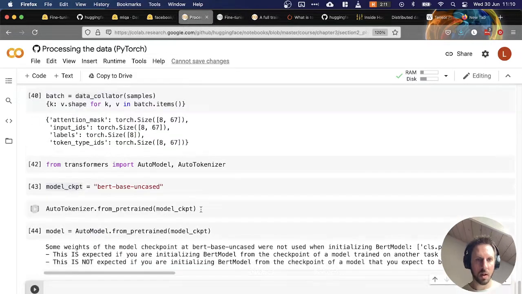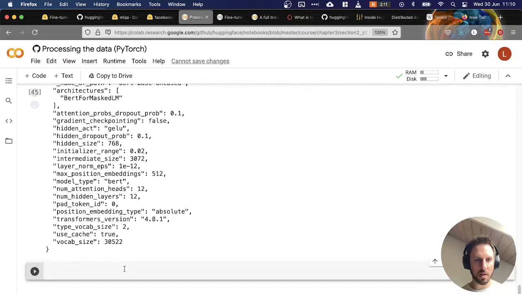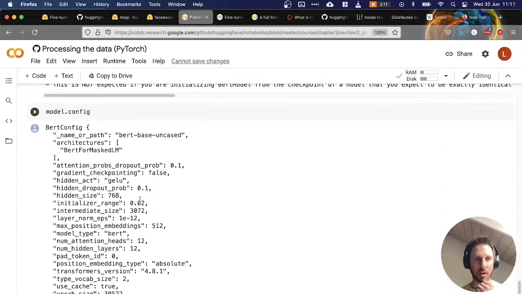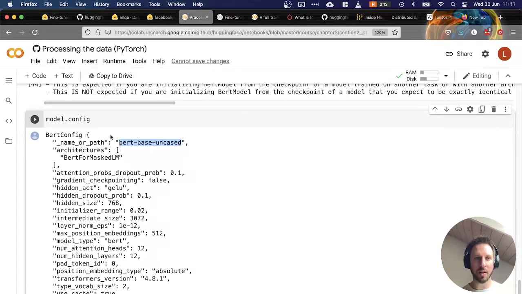Yep, good. Okay, so in the model, we have a config, and this config, let's see. Okay, so the config tells us the name of the checkpoint. So if you wanted to programmatically make sure that, let's suppose you start with the config. I guess what you could do is use this attribute as the thing that you feed to